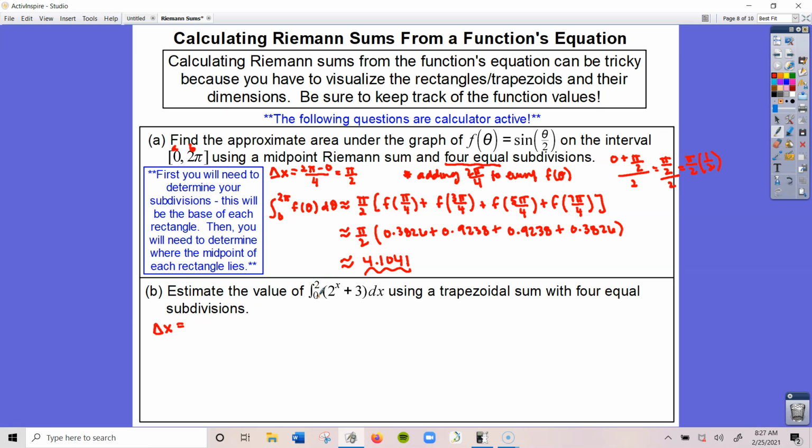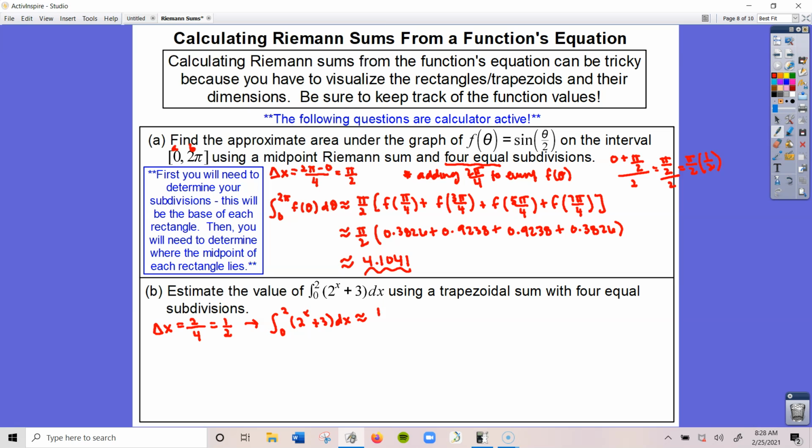We're going to do b minus a, so 2 minus 0, which is 2, divided by 4 equal subdivisions, which gives me 1/2. So that means that every trapezoid will have a height of 1/2. So let's start setting up our integral. It's from 0 to 2 of 2 raised to the x plus 3 dx is going to be approximately, remember